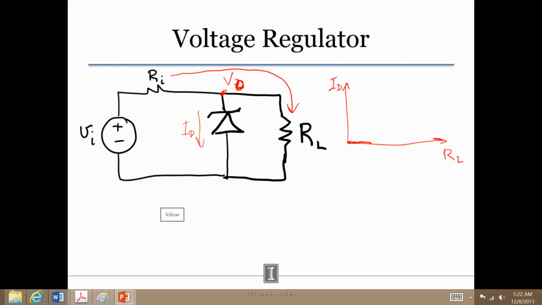Because the diode, we can think of it as an open circuit until the breakdown voltage, right? And then as RL grows, so does the voltage across the RL, but ID still stays